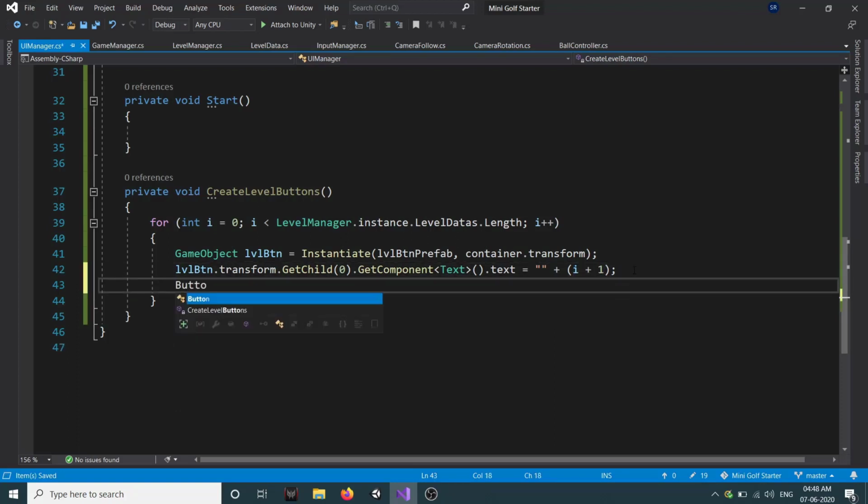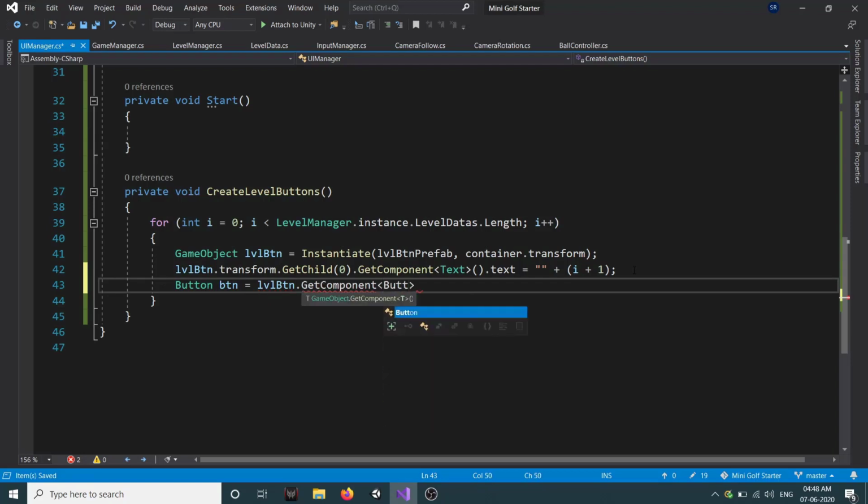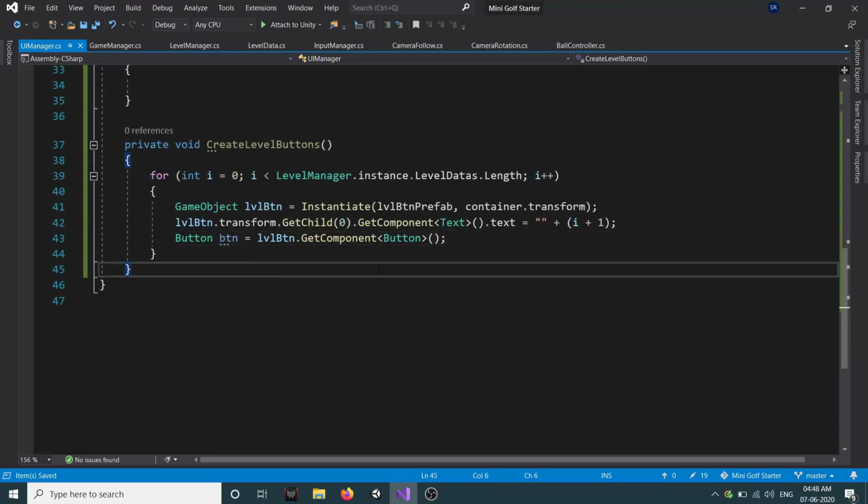Now we need to get a reference to the button component. So button is equal to levelButton.GetComponent<Button>, and we also need to add the listener to this. So we will create a new method.